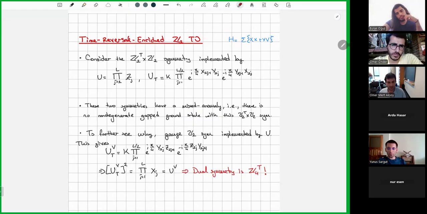And I'll again start with a 1D lattice model, but I'll be much faster. Consider the Z2 time reversal symmetry. So this superscript T just means time reversal. It means that the symmetry operator will be anti-unitary times Z2 symmetry. That's implemented by the following operators. So my Z2 operator is just a product of Z's, nothing interesting. My time reversal operator is complex conjugation times this